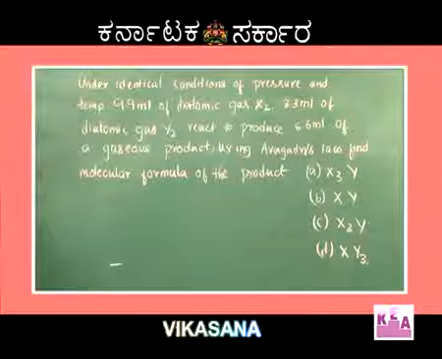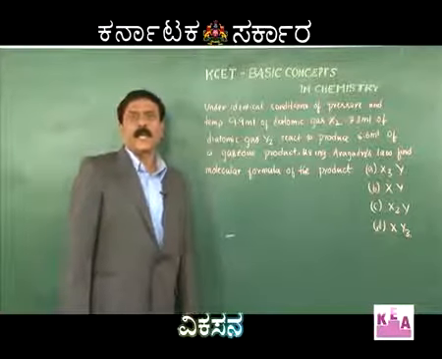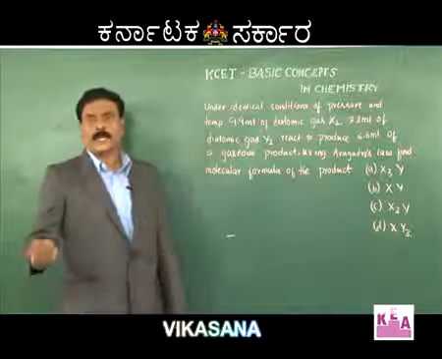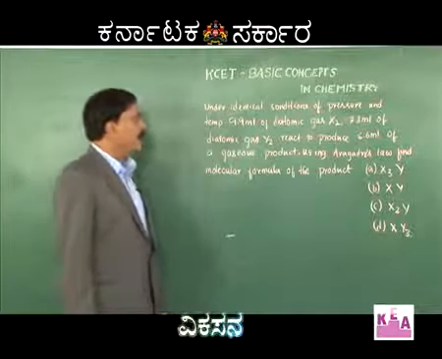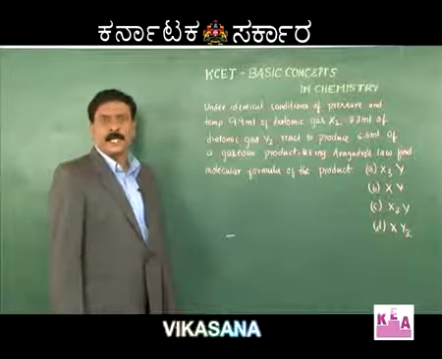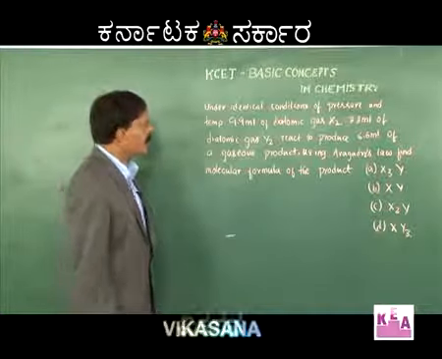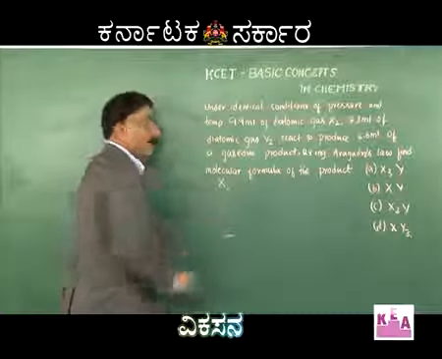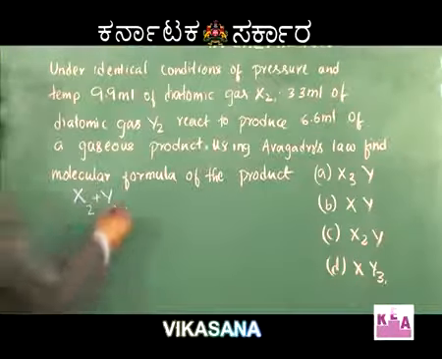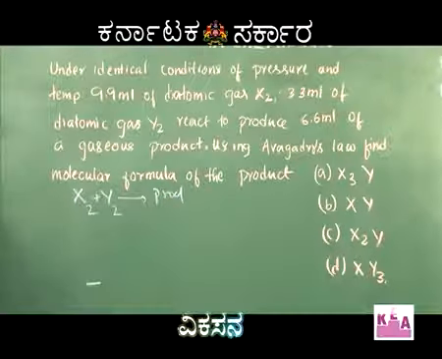Students, when you have to solve this question, we need to know what Avogadro's law is. Avogadro's law states that whenever gases combine to form a product which is also gaseous, then the ratio of the reactant and product gases will be a simple whole number ratio. So, what are the gases that are reacting here? One is X2 diatomic, another is Y2 which is diatomic, will give you the product. Now, what information is provided to us in the question?